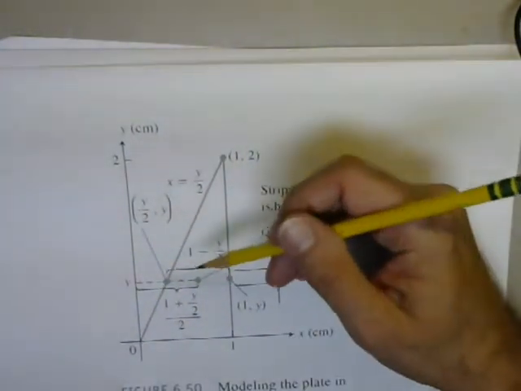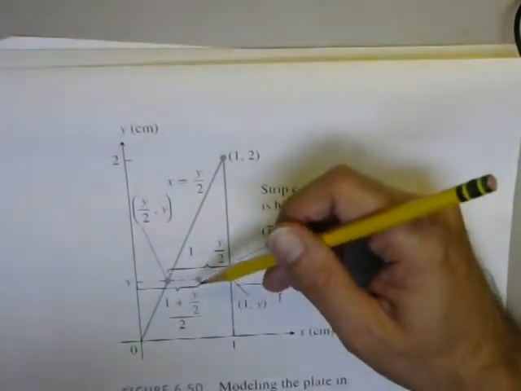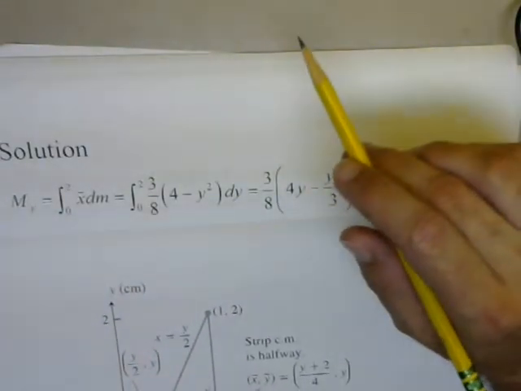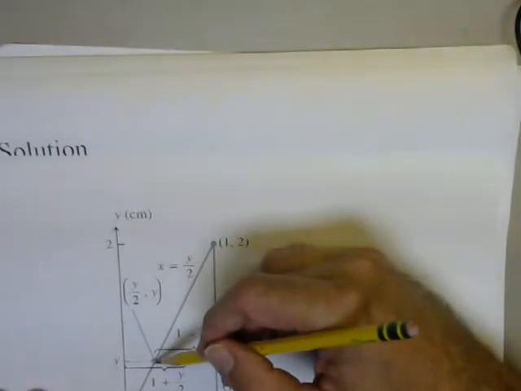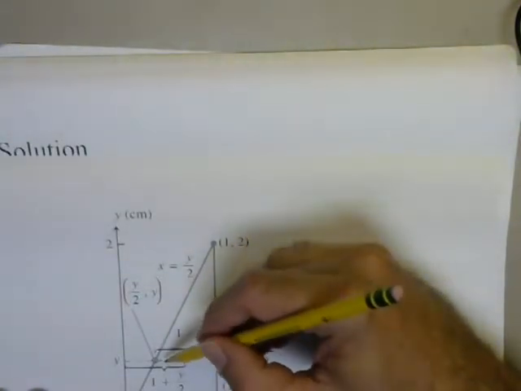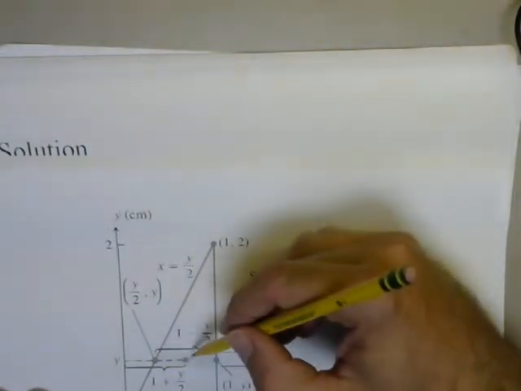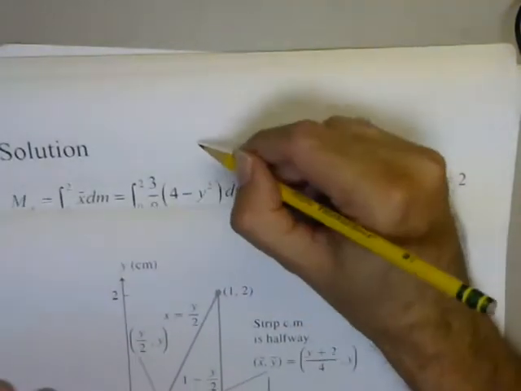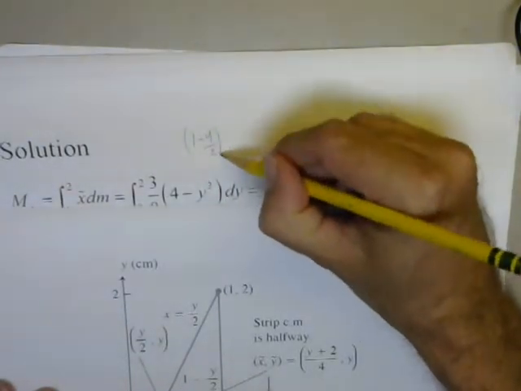And so in this case, where is this strip? Since we're integrating with respect to y, the mass of this strip will be given by the length of the strip here, which is 1 minus y over 2. So that'll be 1 minus y over 2 times its thickness, which is dy,